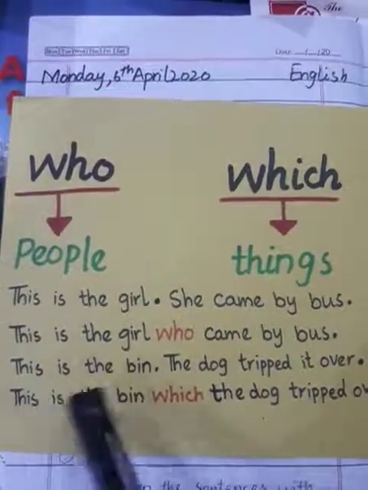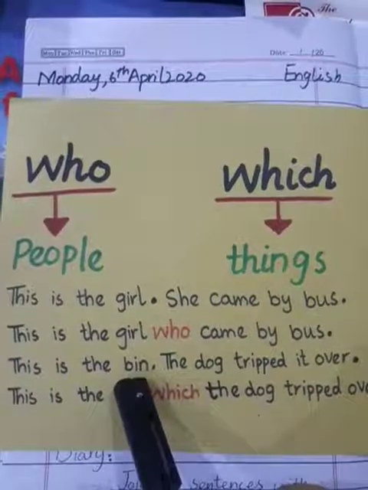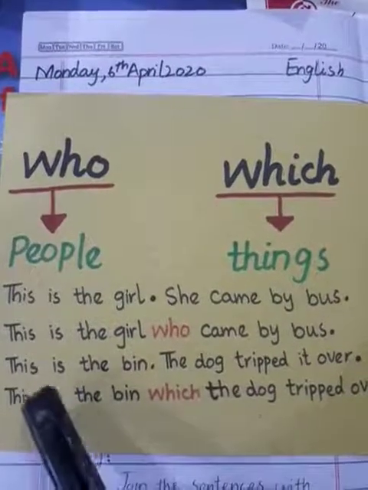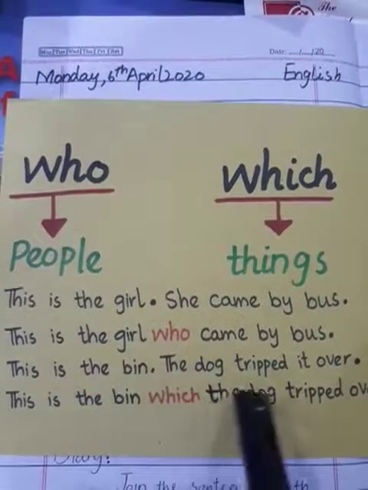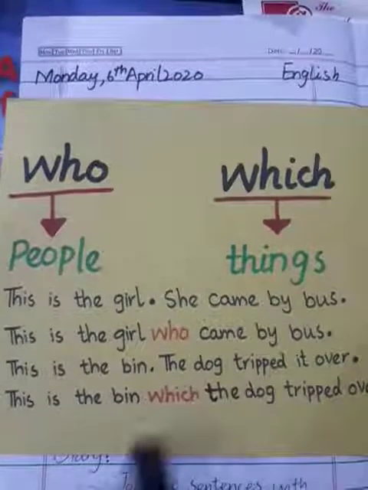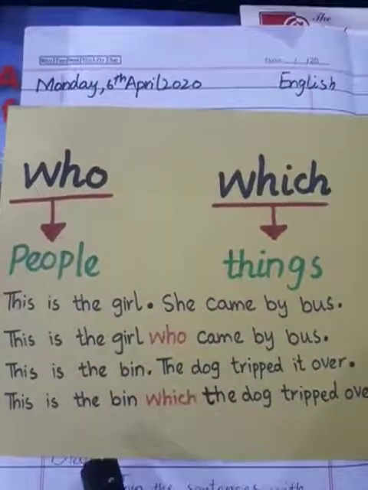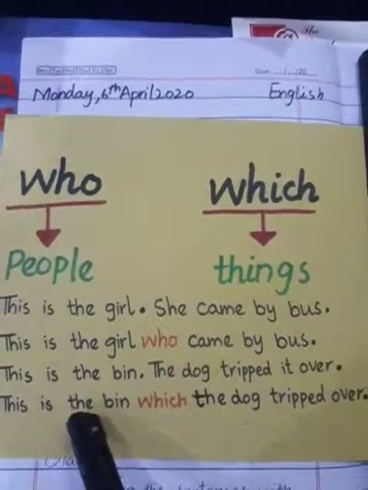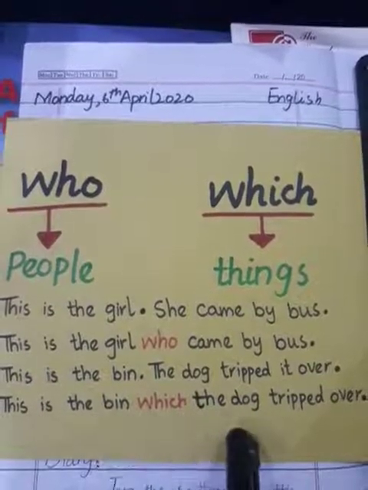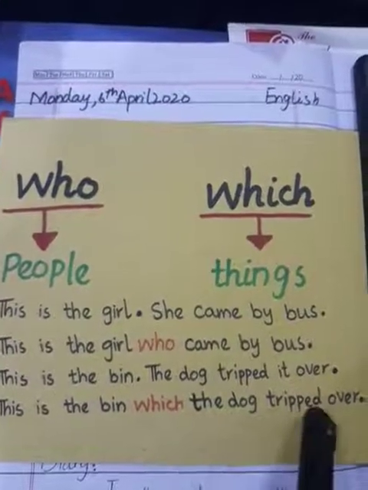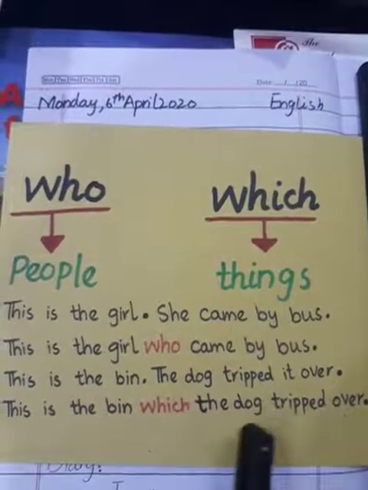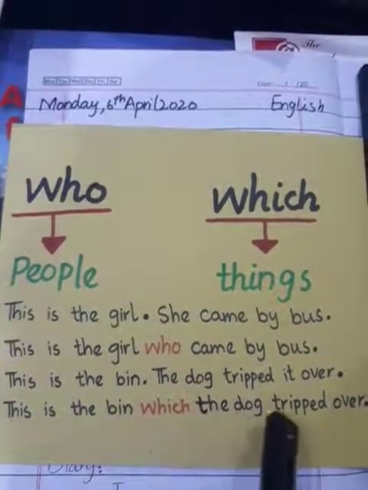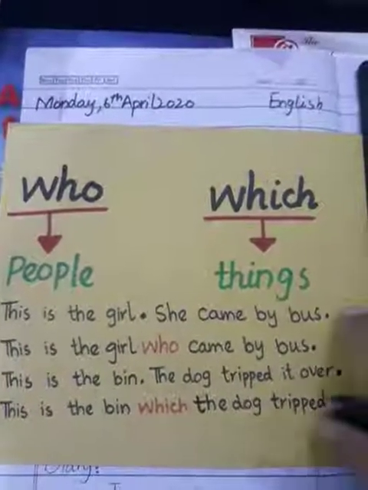Next we have, this is the bin. Bin is a thing. It's something. It's a thing. It's not a living thing. It's not a person. So, this is the bin. The dog tripped it over. Two sentences again. And now we are going to join them by using which. This is the bin which the dog tripped over. We will put the full stop at the end of the sentence. Yes. Now,